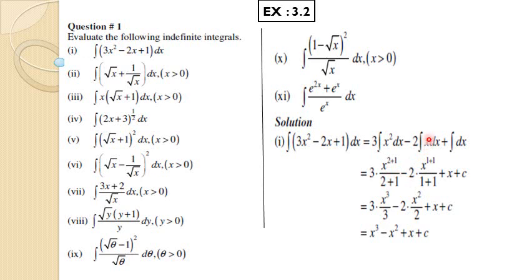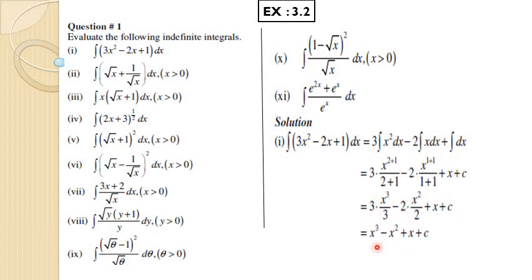Now hide the power. This is power 1. Hide the power 1, and you can see that you have found the derivative of x next to the x. So just add the power, and put it in the denominator. The integral and d cancel, because this is the antiderivative operator and this is the differential operator, so both we can cancel. So only x is remaining, plus c. After the simplification you get the answer.